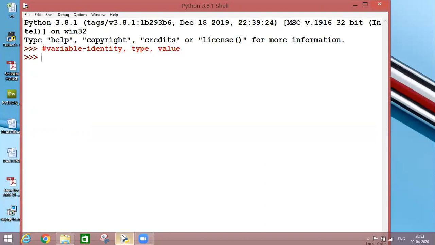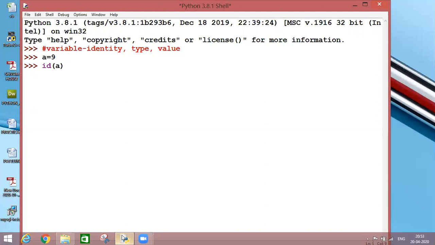Now let's discuss the identity. How to find out the address of a variable in Python. If I say a is equal to 9, a is holding a value of 9 over here. a is my variable name, but 9 is a value. This is not an address of my variable. How to find it out? id of a. id is my keyword. As you can see, the color is changed over here.